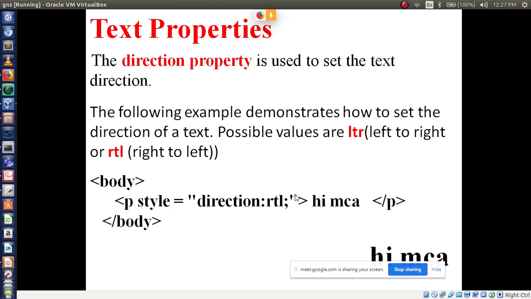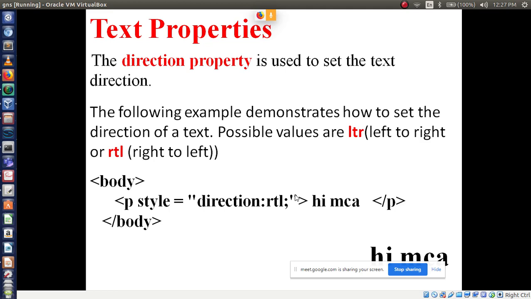By default, remember, all text will display on your left side. If you wish to display it on the right side, you can use two properties: one is the direction property and the other is text align.